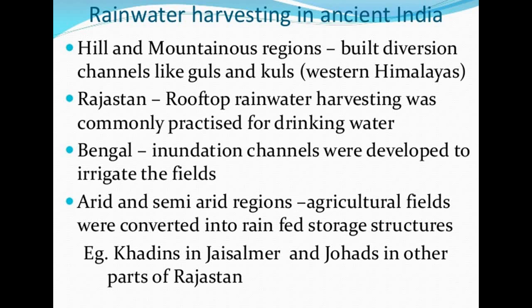Then in the semi-arid and the arid regions of Rajasthan, particularly in Bikaner, Phalodi and Barmer, almost all the houses traditionally had underground tanks or tankas for storing drinking water. So in the semi-arid regions, they made their houses in such a way as to have an underground tank, or tankas or tankis. Maybe at your home also there will be one tanka or tanki that has been made underground to save water for future purposes.